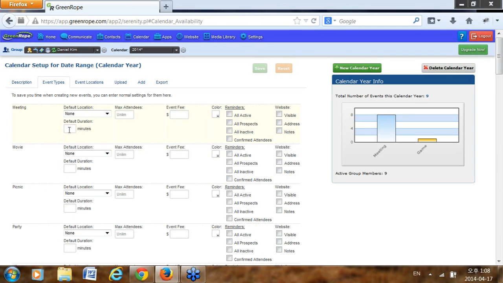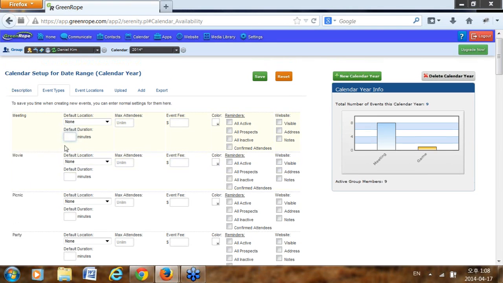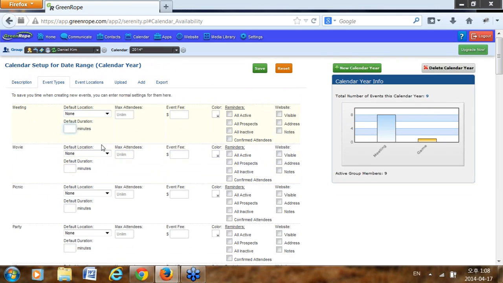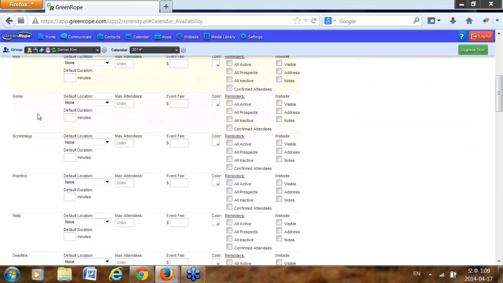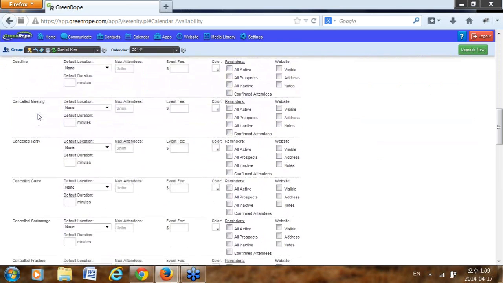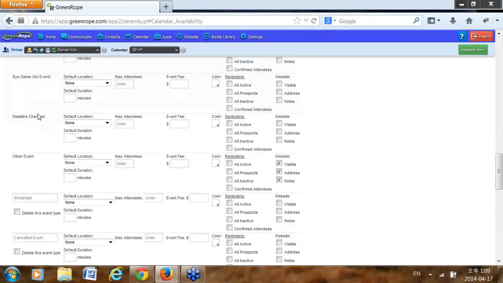What you want to remember is you want to specify the minutes here for each of the event types that you want to use for your calendar. Now this is going to be very important because if you want to utilize the booking/appointment calendar, you're going to need to specify the minutes here. But as you can see, this lists out all of the event types that you have. And if you scroll down all the way to the bottom,